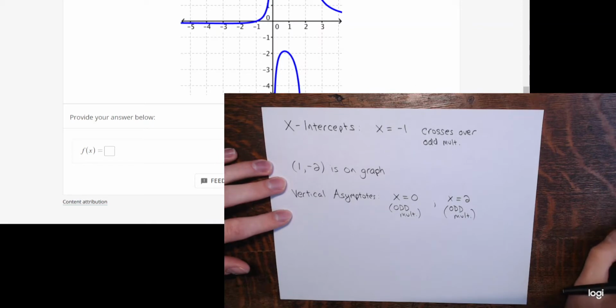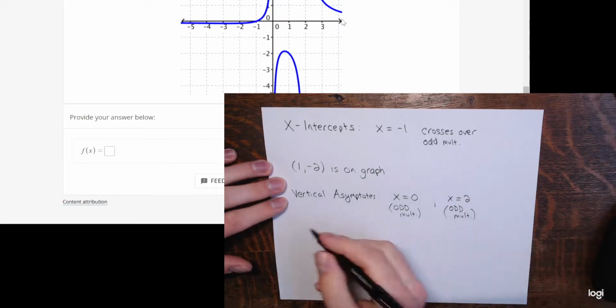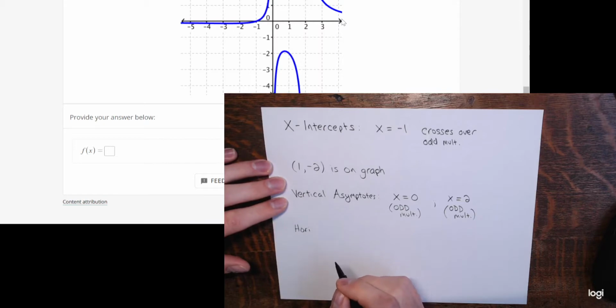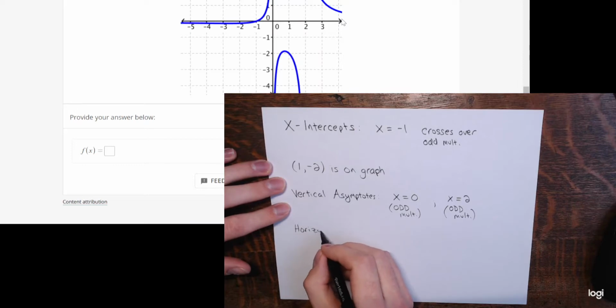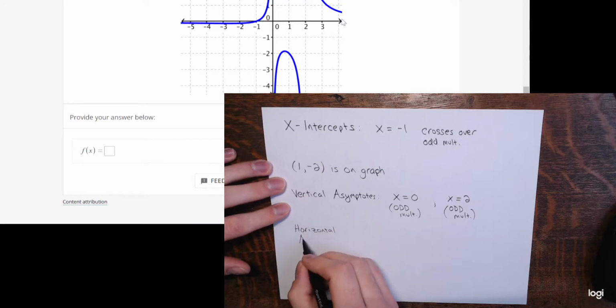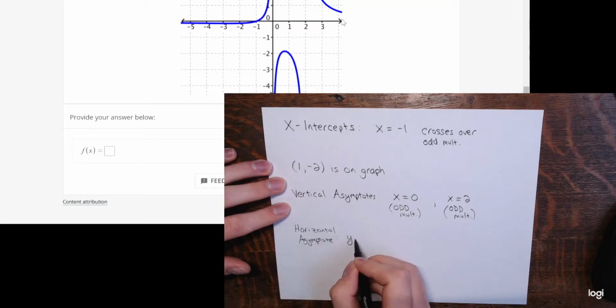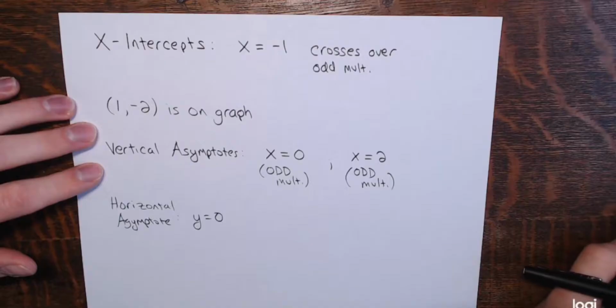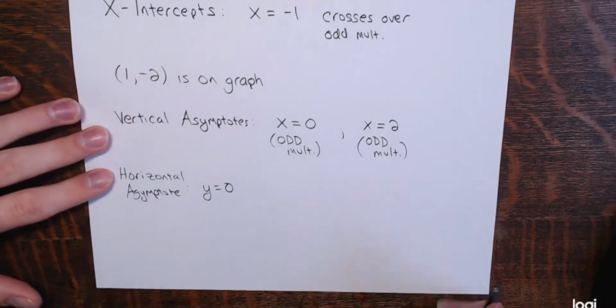And that's all the information I should need, right? Oh, and I guess the horizontal asymptote is y equals 0. Just keep that in mind. That just means the degree of the numerator should be smaller than the degree of the denominator, right? The horizontal asymptote looks like it's y equals 0. And that's enough information to be able to write the equation. So we have f of x